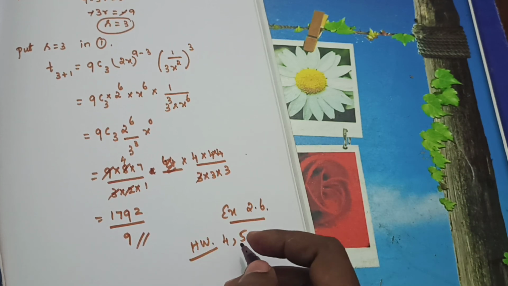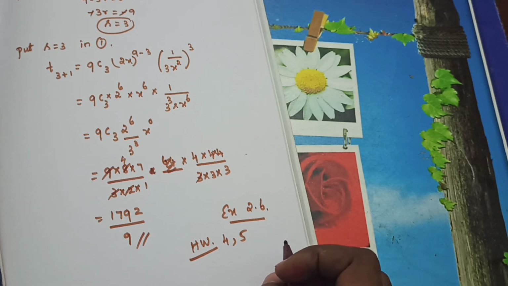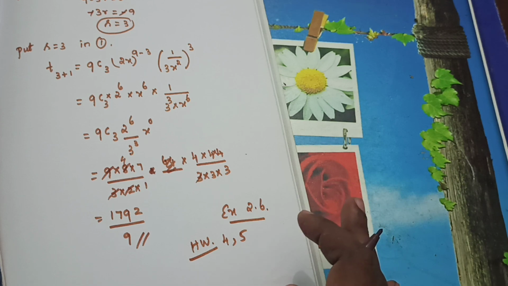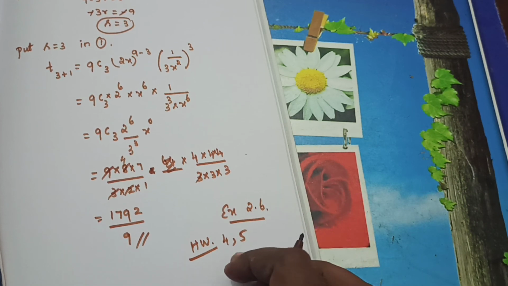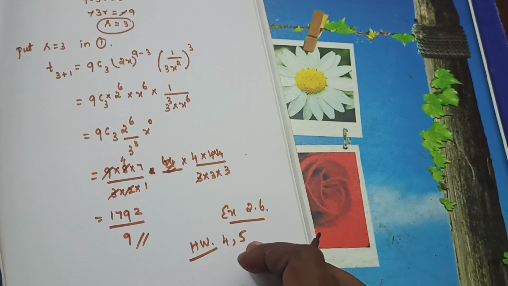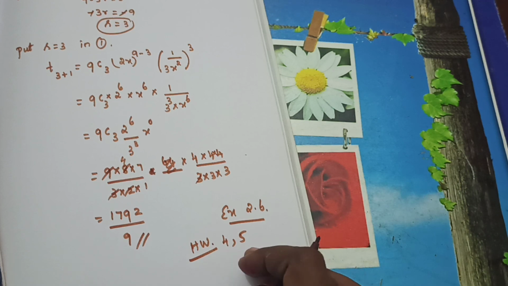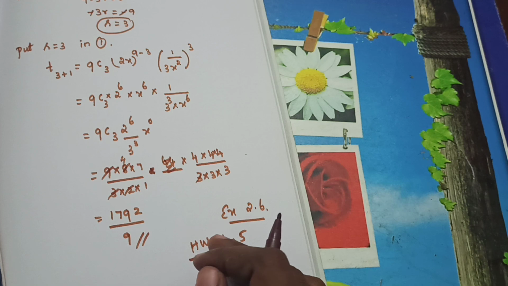Okay students, there are 2 more very important questions. Those 2 problems you will see in the next class, and from that the second unit will be over. In the next class I hope I will start the third chapter also. Before that, learn everything. Take down everything in your classwork. Don't forget to do the homework. Problems 4 and 5: the fourth problem has 3 subdivisions, the fifth problem has 3 subdivisions, so totally 6 problems. Middle term as well as term independent of x. So complete everything and learn everything.